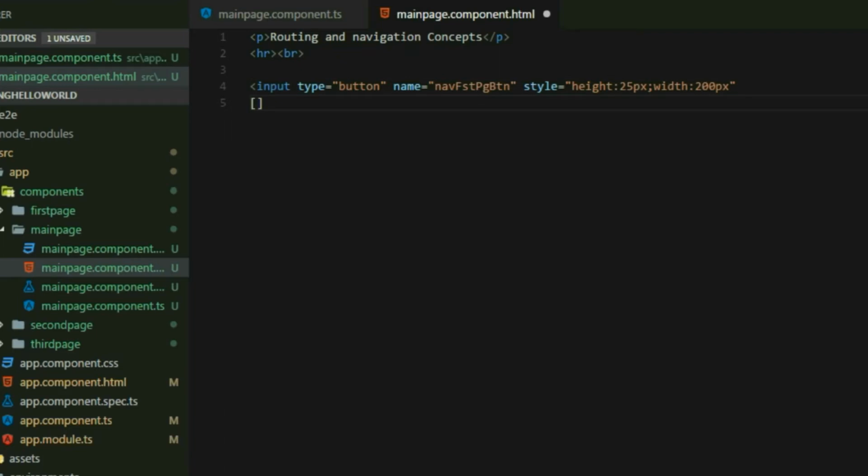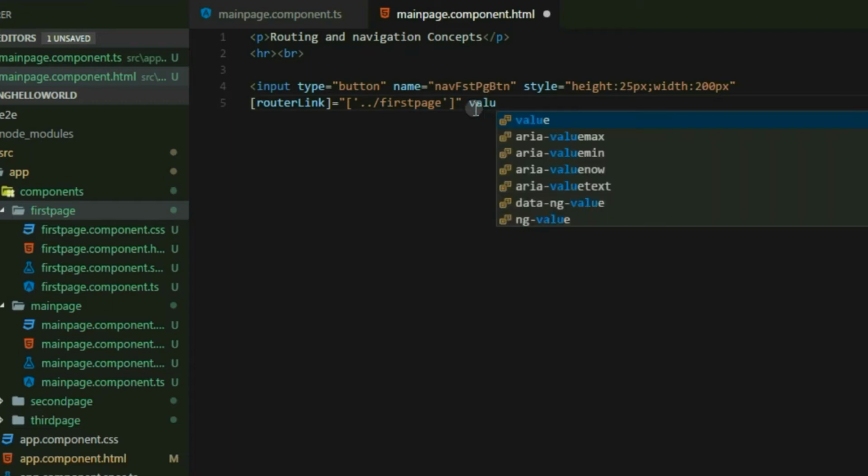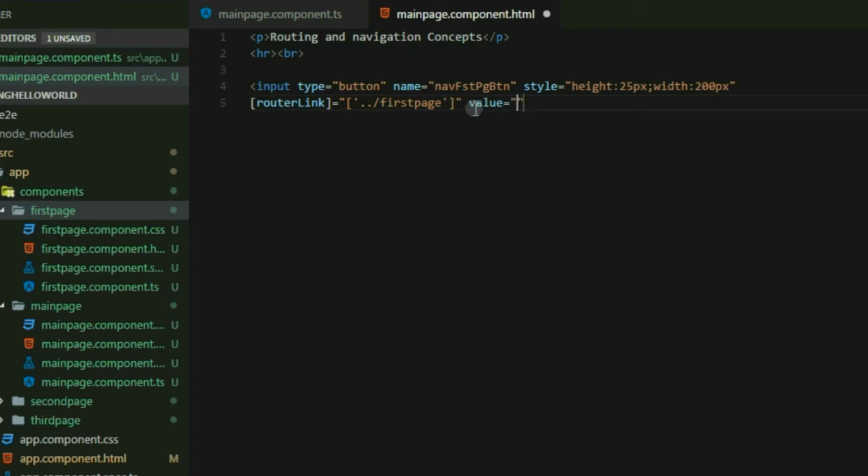Now we are going to define the routerLink directive. So square bracket start routerLink with capital L is equal to, you need to concentrate on the syntax out here, how we are writing. So one level up, first page, we go to the first page. The spelling out here is exactly the same as what we defined in the component first page. So you need to make sure the spelling is exactly the same, uppercase, lowercase matches. Now we are going to give a value to it. So value nav to first page. Now close this tag and open